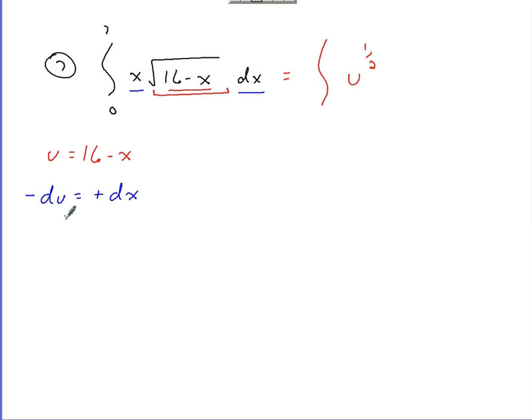So taking this dx out, I replace that with a negative du. I'm going to leave myself a little space here because I still have to account for this x. So this is where we go back to our u equation. We solve for that x we need to replace. So if I solve for x here,